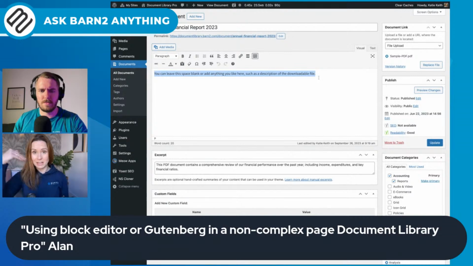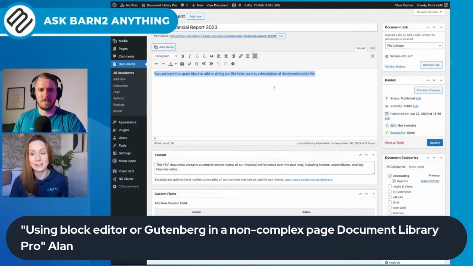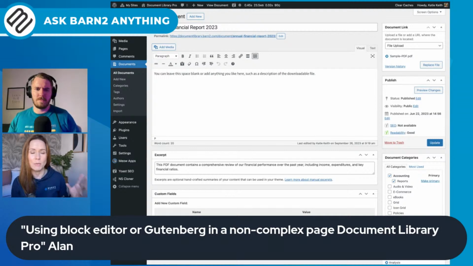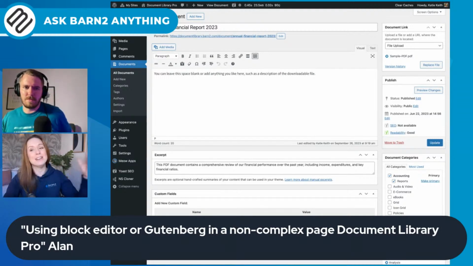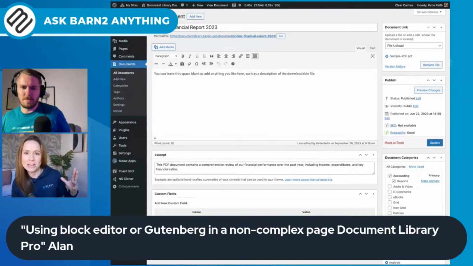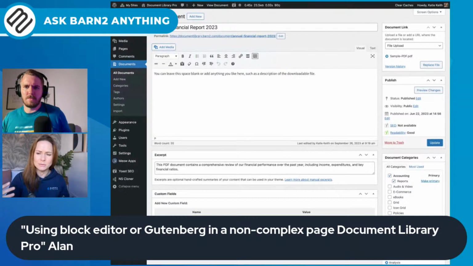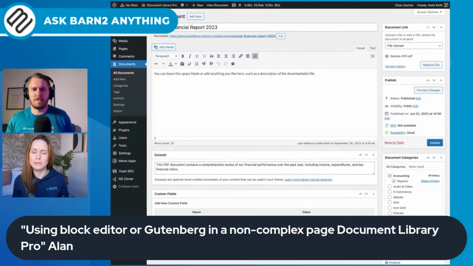And the reason it uses the classic editor is largely because you've just got this one field here, and that can appear in your front end document library. So in the table layout that Sam just showed us, you can have this field as a column. Now, if you designed this page using blocks, that would break, because imagine if you added lots of blocks with different information, what appears in the table. So we'll probably do it at some point, but it's not a straightforward project,